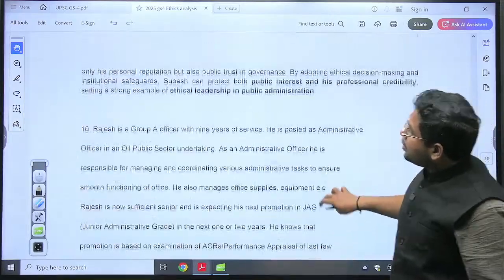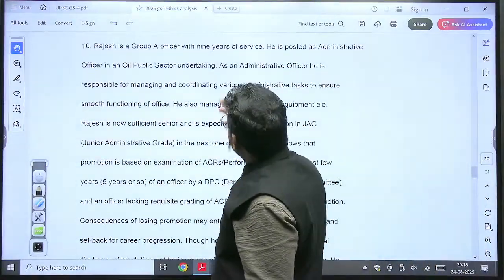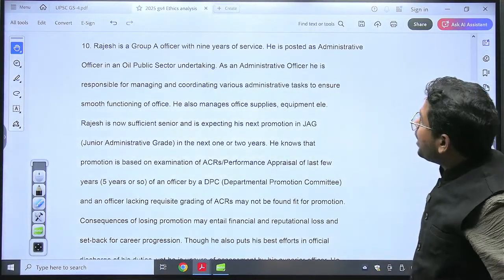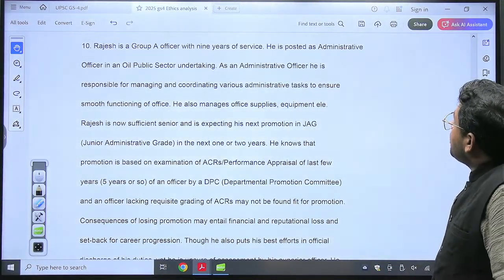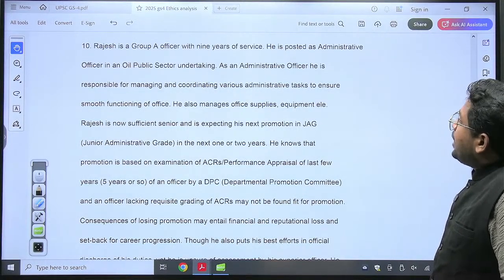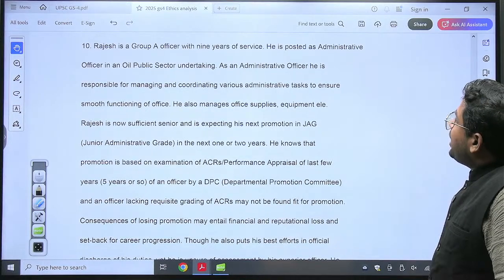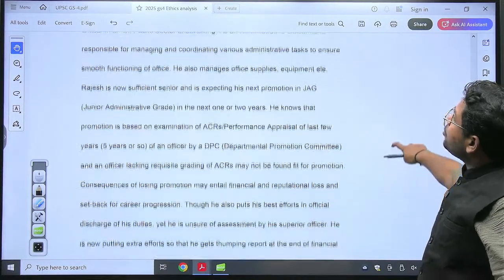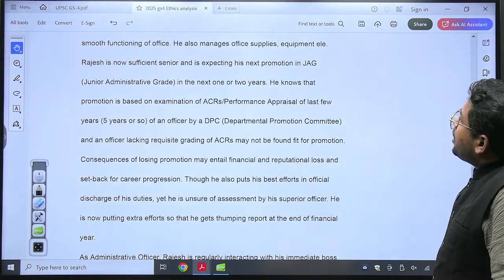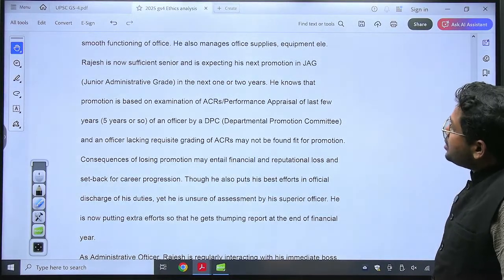Easy, very easy. Now next, Rajesh is a Group A officer with 9 years of service, posted as administrative officer in an oil public sector undertaking. He is responsible for managing, coordinating various administrative tasks, also manages office supplies. Sufficiently senior, and okay, Rajesh is now sufficiently senior and is expecting